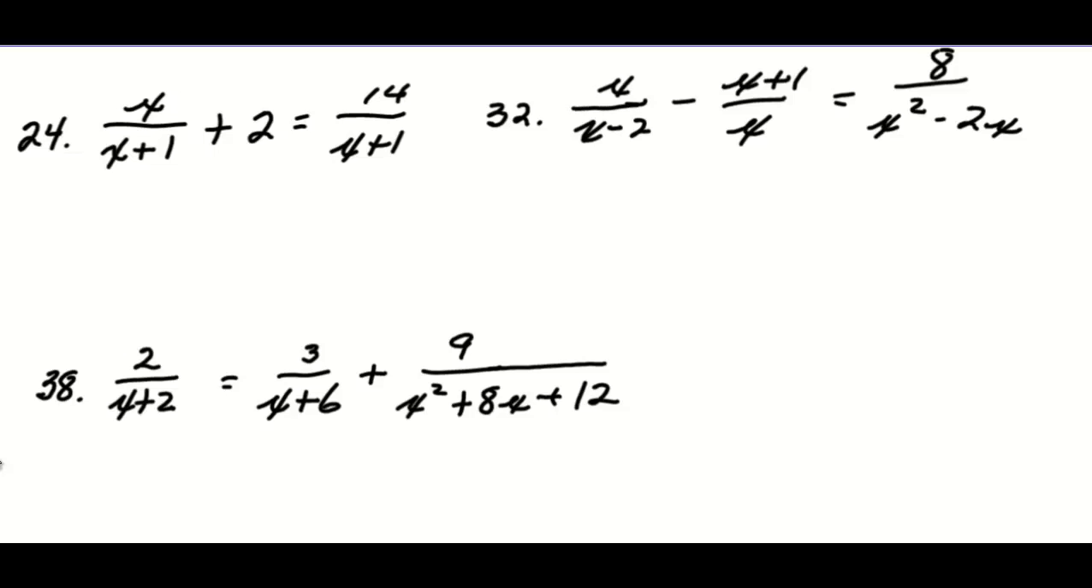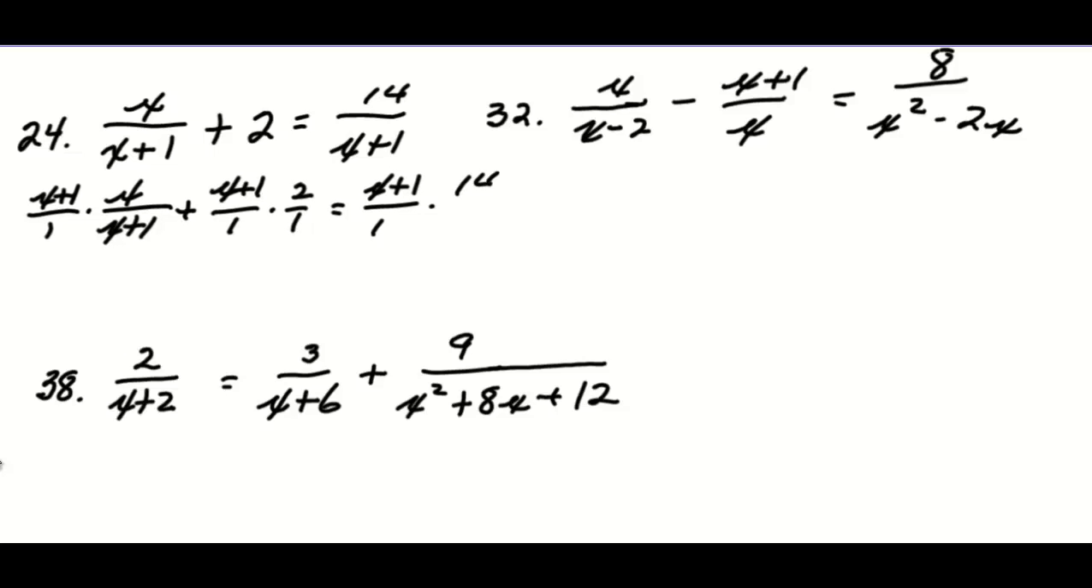In 24, we have a common denominator. This time, instead of just being x, it's x plus 1. But that's the only denominator we've got. So what we're going to do is take (x plus 1)/1 times x/(x plus 1), plus (x plus 1)/1 times 2/1, equals (x plus 1)/1 times 14/(x plus 1). What we do is now we eliminate all the denominators,